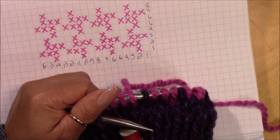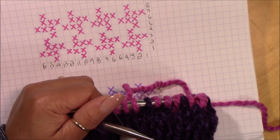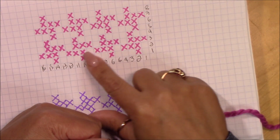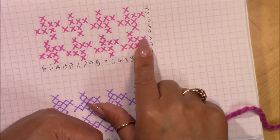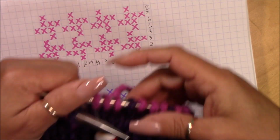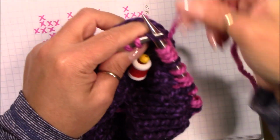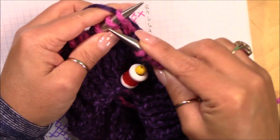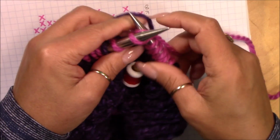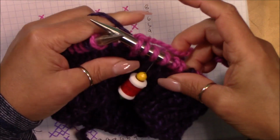We're gonna work on round 3, and here is the only place that you're gonna have 6 space of fuchsia, because you finish round 2 with 3 and you're gonna start round 3 with 3, so you'll have the space of 6. So you're gonna do 3 more. And see, you have the space of 6 in the back for the strand of the purple. Open those 6